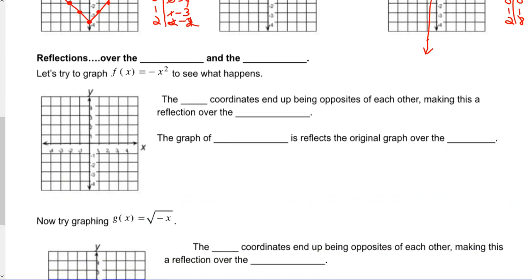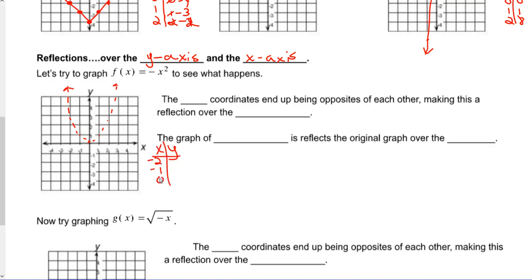All right, now we get to talk about reflections. Reflections are those that flip over an axis. So we're going to look at reflections over the y-axis and reflections over the x-axis. So if I want to try the graph f of x equal to negative x squared to see what happens. Now the positive x squared looks like this. You're going to get very familiar with that. That's very similar. And so if I want to do a t-chart with this guy,